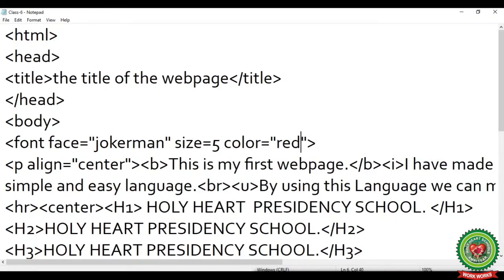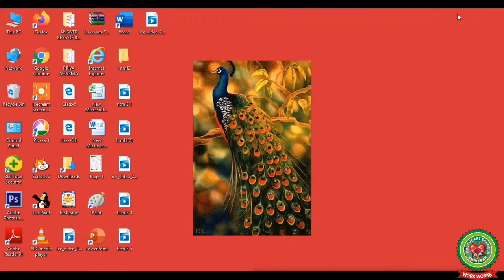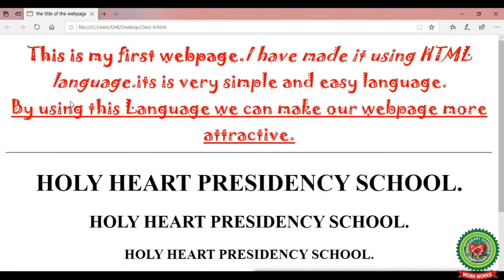Now save your file by pressing Ctrl plus S from your keyboard and minimize it. Now again, double click on the HTML file on your desktop to see the output. Now here you can see the change in your paragraph. The color of the paragraph has been changed now.